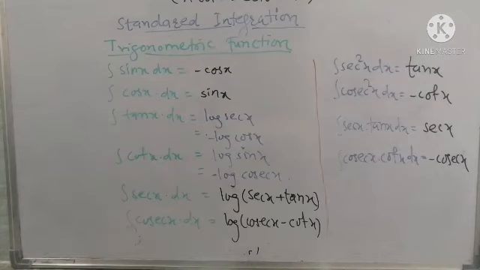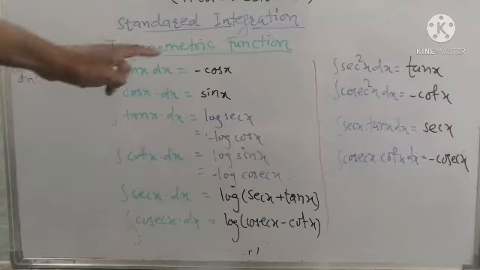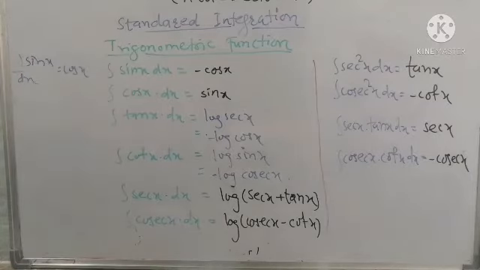Trigonometric functions. As we know, there are 6 standard ratios of trigonometry. So we get 6 trigonometric functions: sin x, cos x, tan x, cot x, sec x, cosec x. We know derivatives of these standard trigonometric functions, as derivative of sin x with respect to x is cos of x. Now see the integration of sin x. The function is sin x, its derivative is cos x. Now integration of sin x is minus cos x. Yes, this is cos x and the integration is minus cos x, opposite. As derivative of cos x is minus sin x, integration of cos x is sin x.